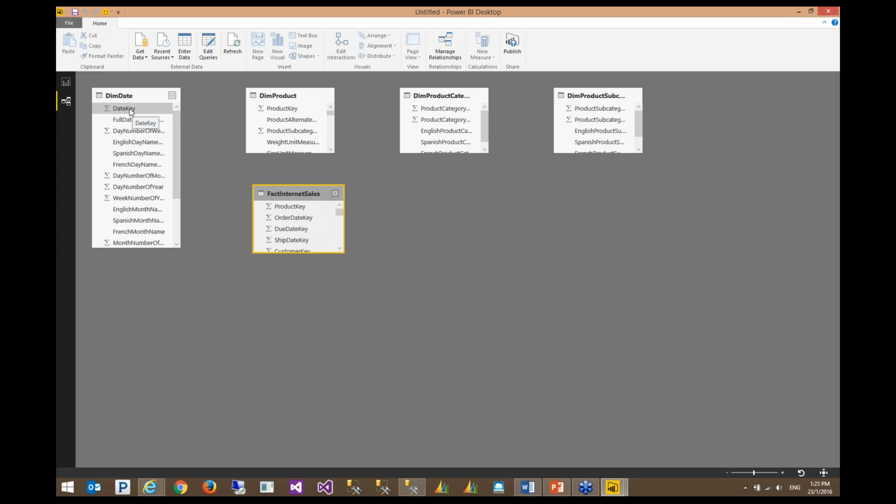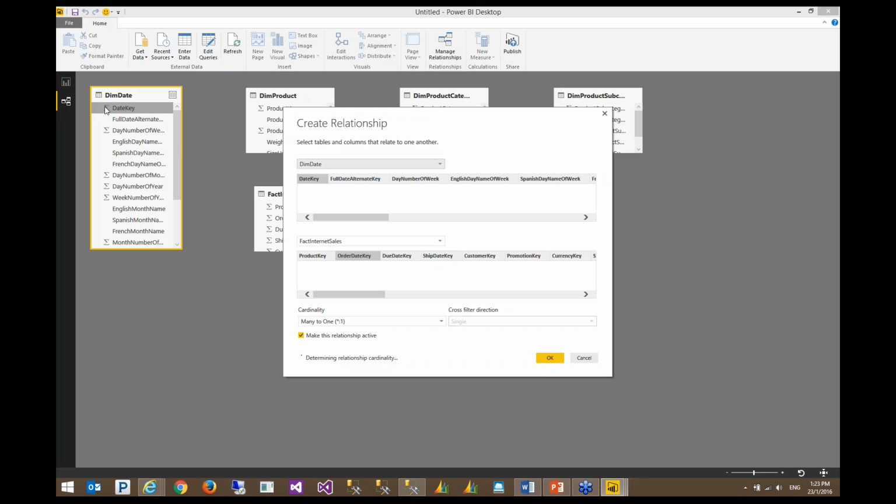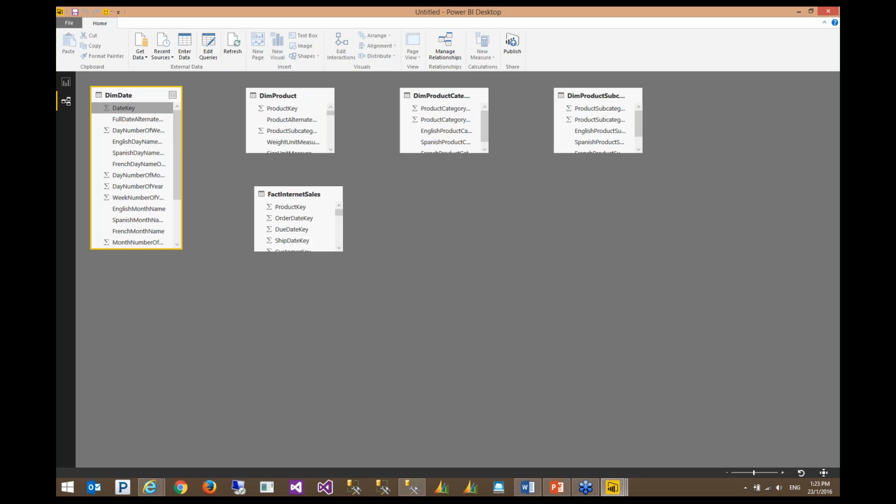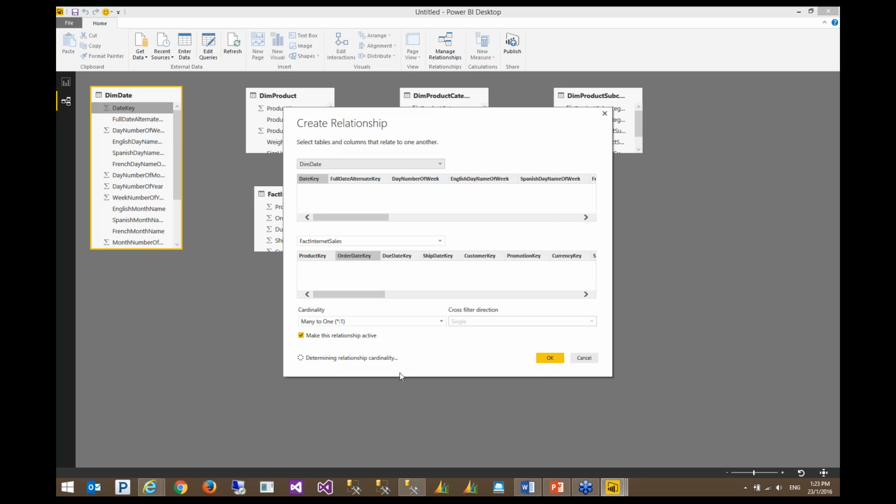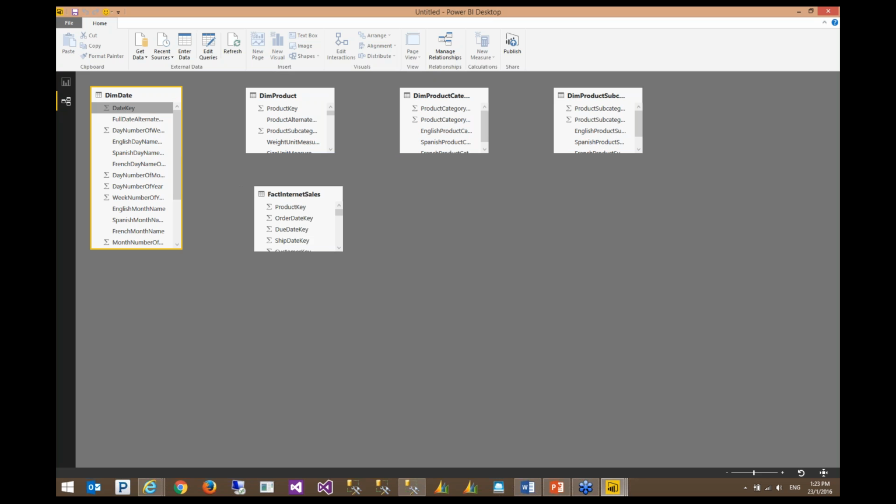And even creating a relationship takes some time because it is passing all the credentials and creating a connection to your data warehouse and so on. So I'm going to drag and drop the fields that I want to link. Look at this. It is determining the relationship credentials, and it takes time. And as soon as I click OK, it creates the relationship, but it takes time.